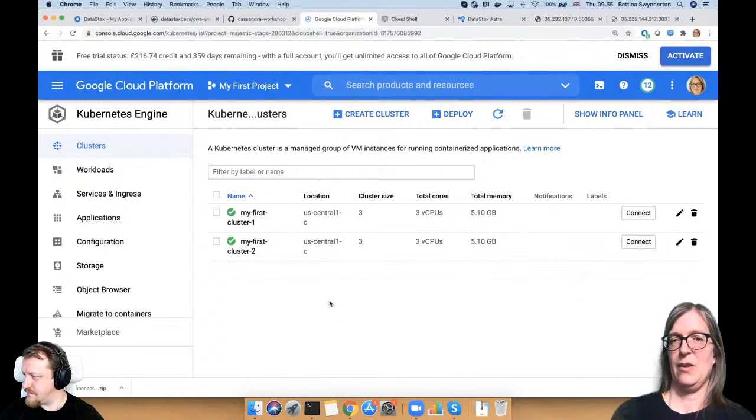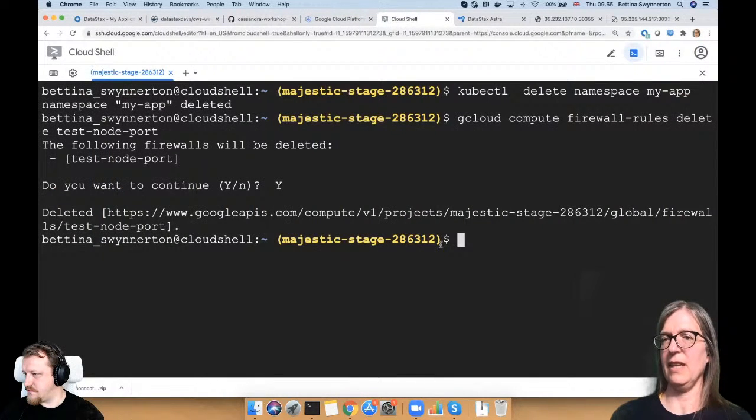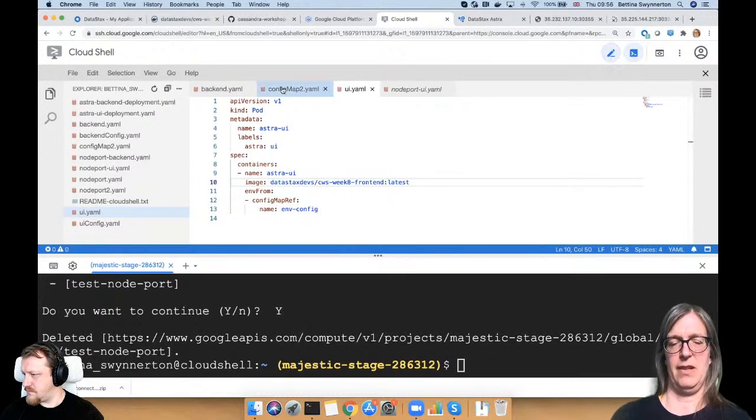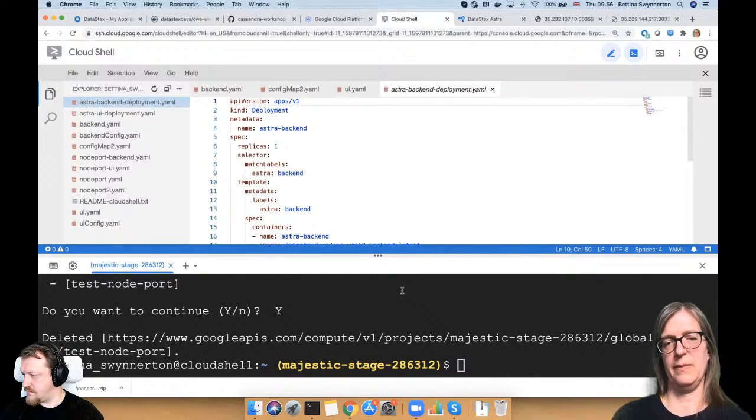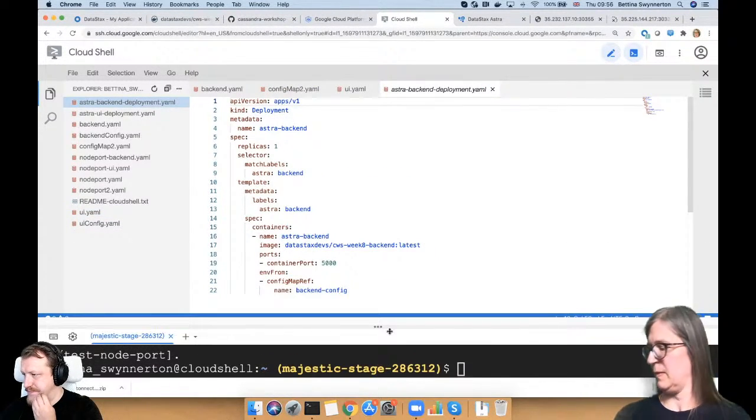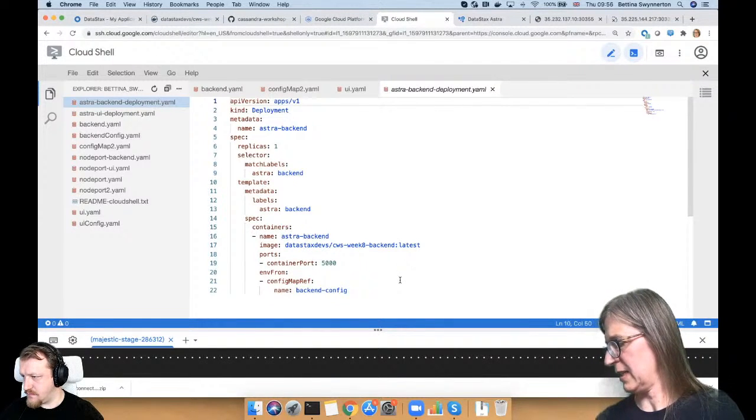Okay, so just to show you a little bit what we're going to do next, we're going to use a different concept now to launch our pods. And these are called deployments. And here's a YAML deployment. I hope it's legible.